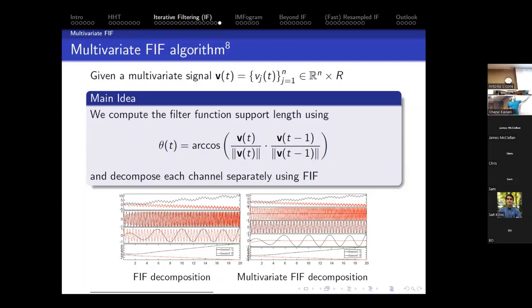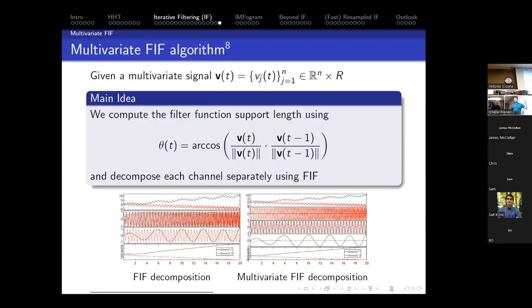With multivariate, what we do, in a simple way, is synchronize the choice of the filter for all channels. And then we decompose the first channel using this unified filter to discover that the highest frequency is only in the red channel, not in the black one. And for the second, you should see that the two frequencies are just the same. They're just a phase shift. The third frequency is contained just in the black channel, and then the trend is contained in both of them. So this allows you to create decompositions that talk to each other. So the first IMFs contain the same range of frequency, as well as the second and third. Okay.